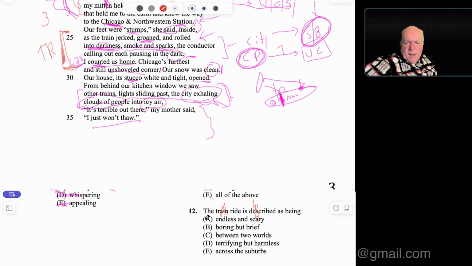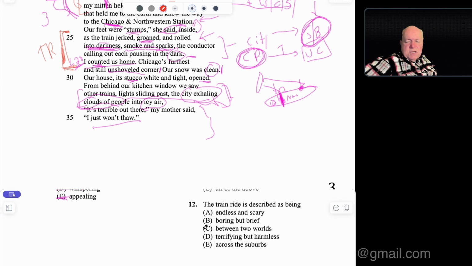Now that can go both ways. Sometimes it's easier to get an answer right by doing both kind of choices with that, and sometimes it's harder. But let's see if we can use it to tie break in any way. Endless. Is the train ride endless? So basically, we're going to get a truth table. If it's true and true, then the answer is true. If it's false and false, the answer is false. And if it's true and false, the answer is still false. Same as if it's false and true, it's still false.